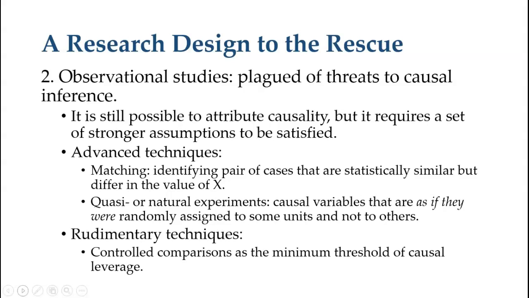Okay, there are more rudimentary techniques, and we are probably going to study many of them because they were the more traditional type of techniques used by scientists when we don't have any other method to try to control for these rival explanations. For instance, the most basic is the control comparisons. Try to bring into a linear regression, for instance, all the potential causal factors or rival explanations of why. The problem is that sometimes you can have 20 factors explaining, but that's sometimes the only tool that you have. Okay, the good news is that theory guides